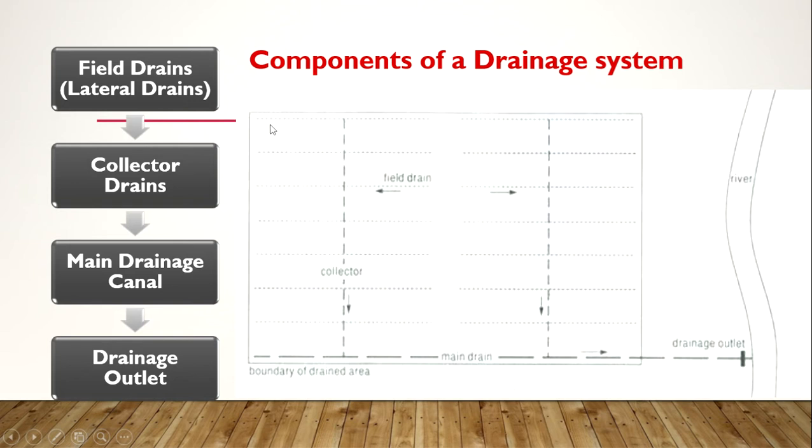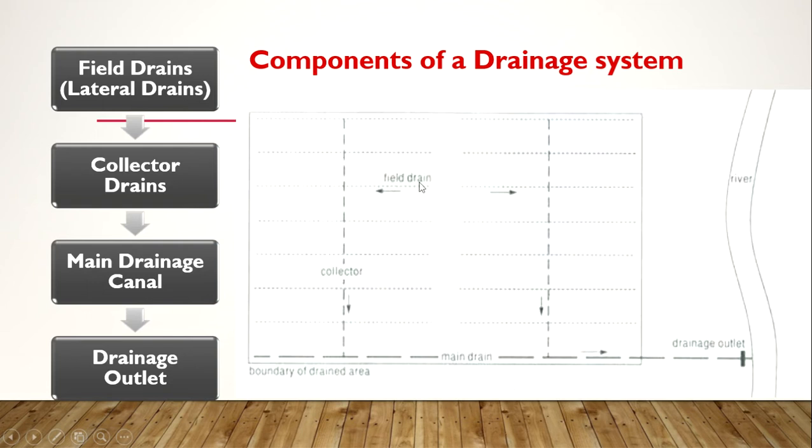First there will be field drains. This dotted line shows field drains, and the water from these field drains will be received by this collector. There is a central main drain which has a larger diameter pipe than the field drain. You have to just assume that these are small pipelines. I have already discussed tile drains. These are small pipelines which are placed a small distance apart. They are not joined together. All the dotted lines show small pipelines. So these are field drains.